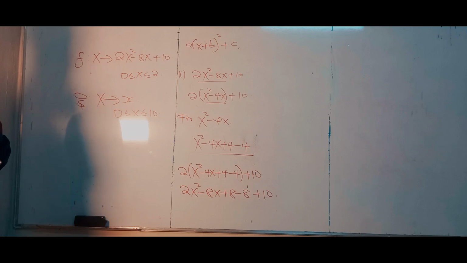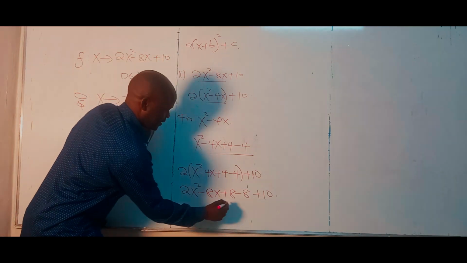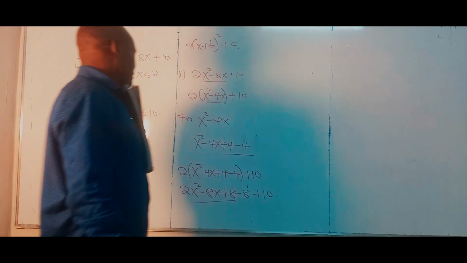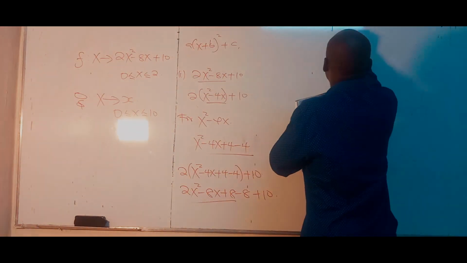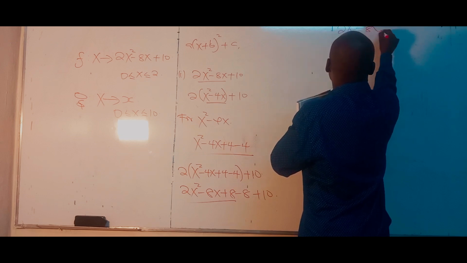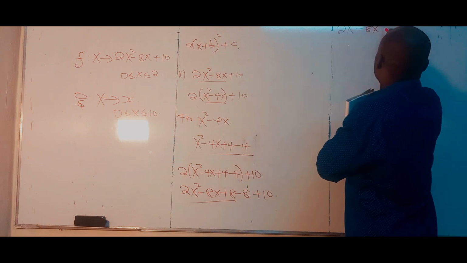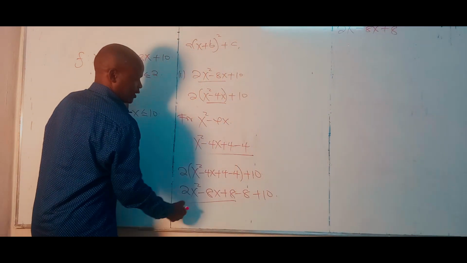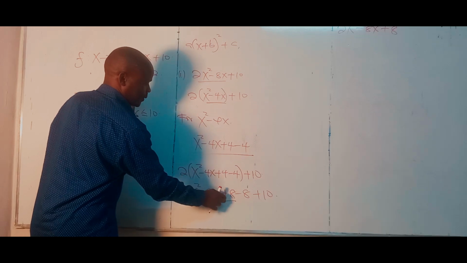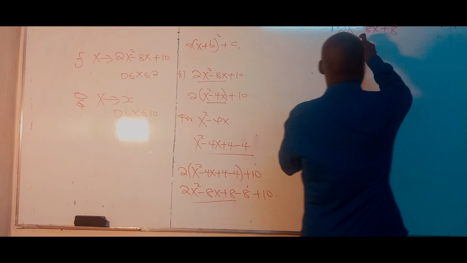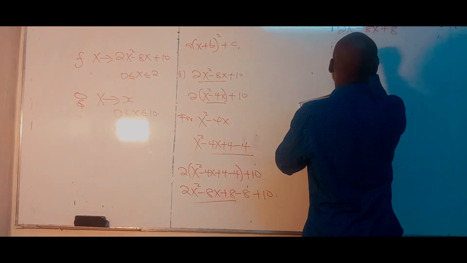Plus 10. Then I look at this part, that part there. Then I have 2x squared minus 8x plus 8. That is this part only. So that part gives me, if I'm to factorize this, then I'll be having first,